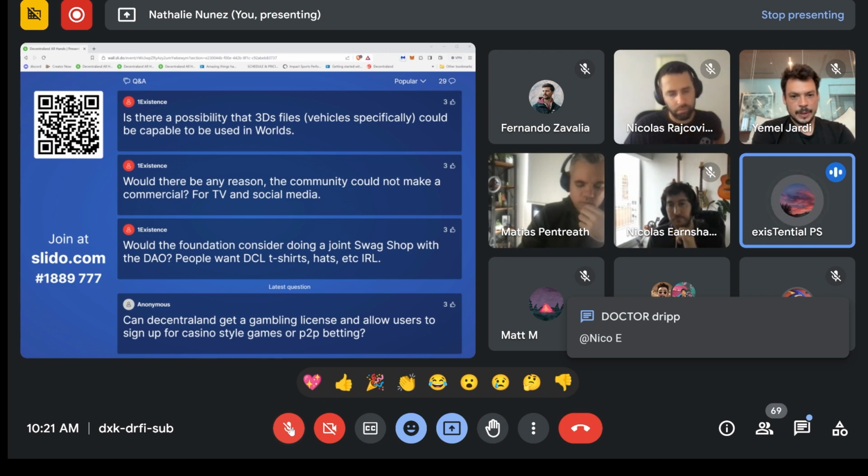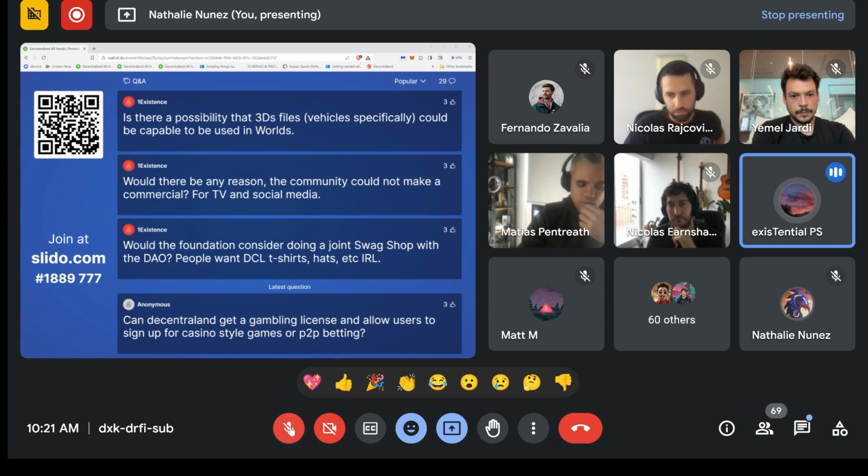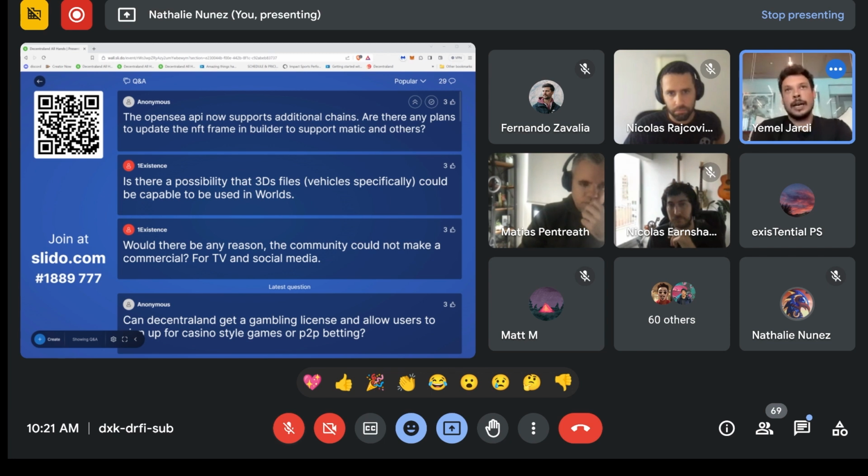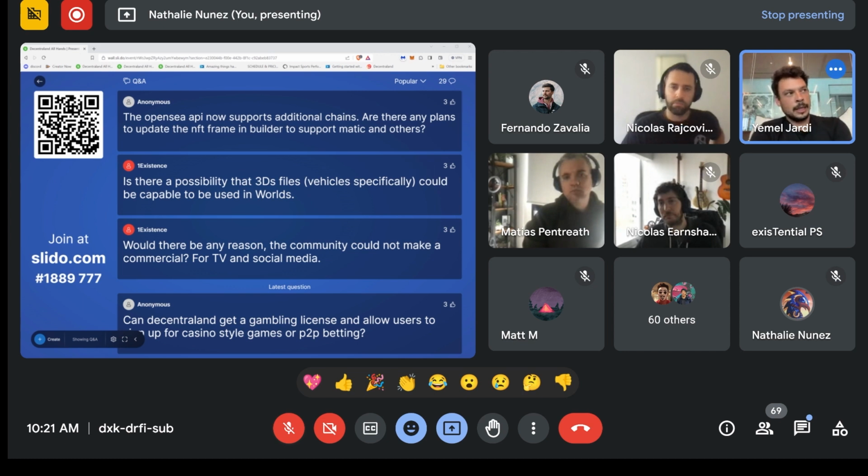I was curious as to what our limitations are with Worlds, if that is something that would be possible to have in there. And they told me the files they are creating are 3DS, I believe. Okay. Yeah, the 3D file format for Decentraland is GLTF, which is an open standard.